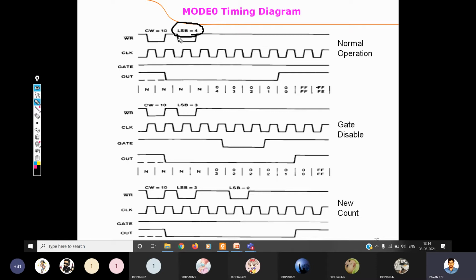Okay, we will have a look at it. So a new value is loading here, so that's why that counter is coming out of that past counting state, and again now entering into the new counting state. So that's why that out signal got low here, and it is maintaining that low state, like we explained earlier. So in this mode 0, in the normal mode of operation, the out signal is low initially. Even while the value is getting loaded into the counter, the out signal is low. The gate is already enabled.